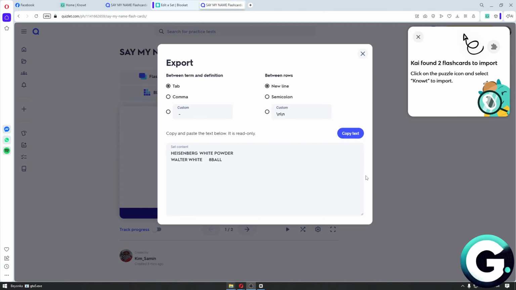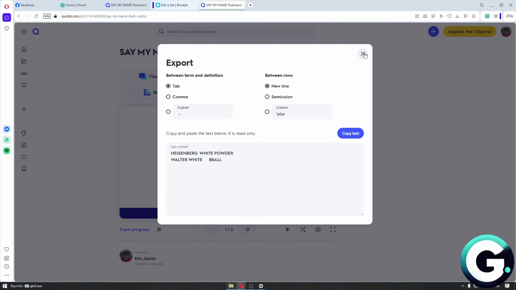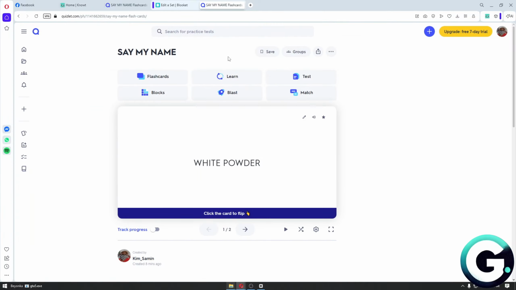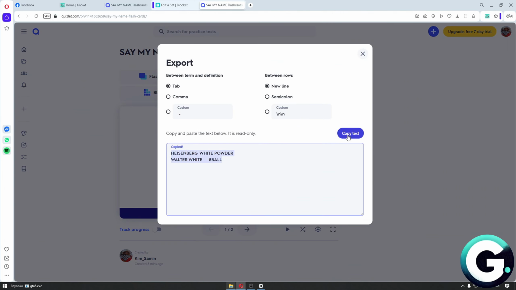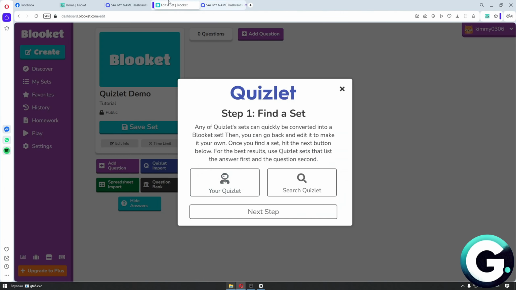Now take note that you can only do this if you have your own set, but if you want to go ahead and import someone else's set, you first want to navigate through this page. You want to click on the edit, save and edit, and from there you then want to make it your own and then click on the import option, because if it's not yours, the export option will not appear. Once again, just click on the copy text option, head back to Blooket, click next step, scroll